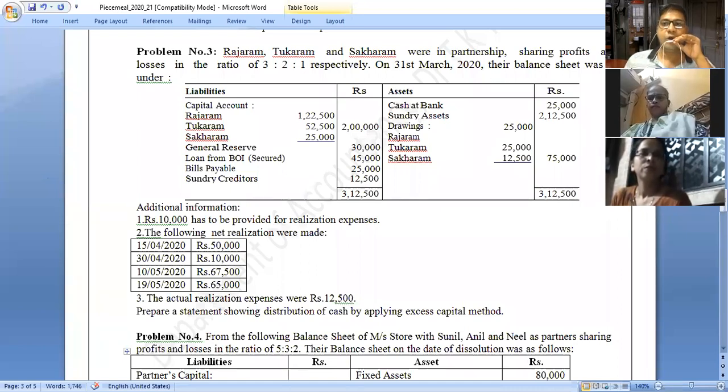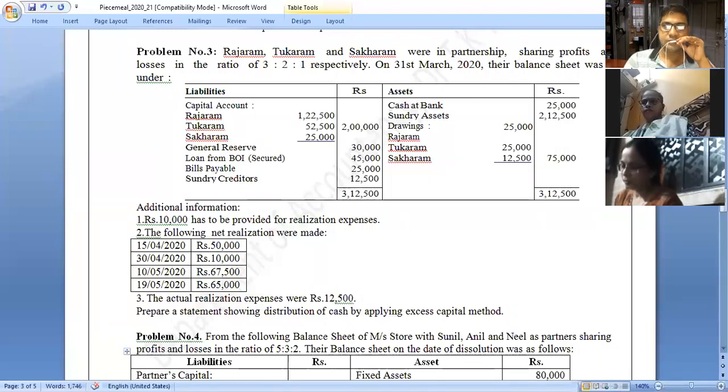If you have a doubt regarding any particular problem, how we calculate adjusted capital, how we calculate unit capital, if these kinds of doubts are there, you can ask. Is there any doubt? Okay, do you have any doubt regarding problem number three? So we will continue.